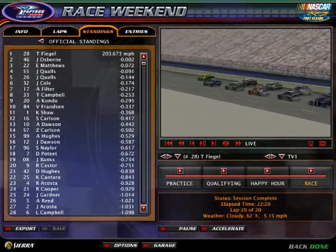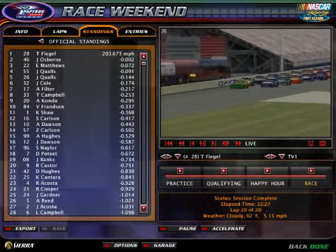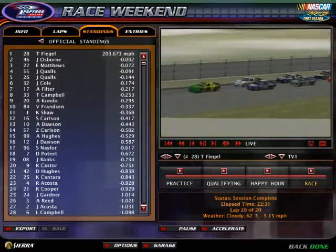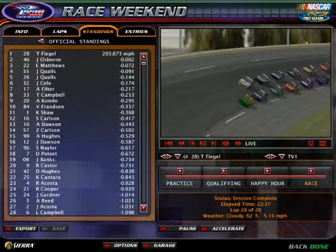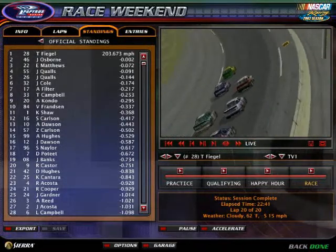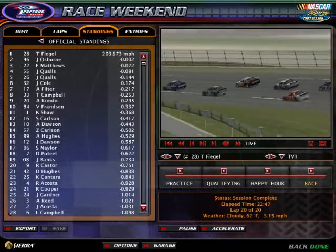Eric Matthews will take second. Joel Qualls will be third. The kid will be in fourth. Then the kid, James Qualls, will be in fifth. Jay Cole, Alex Filter, Trey Campbell, Alyssa Kondo. The pole sitter, Vanessa Franzen, rounds out the top 10. Followed by Keon Shaw, Sasha Carls, Skylin Carlson, Alexander Dawson, Zach Carlson, Austin Hughes, John Dawson, Stephanie Naylor, Dylan Petit,